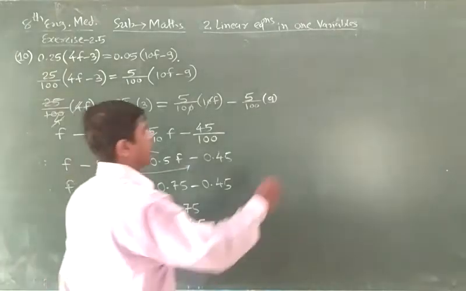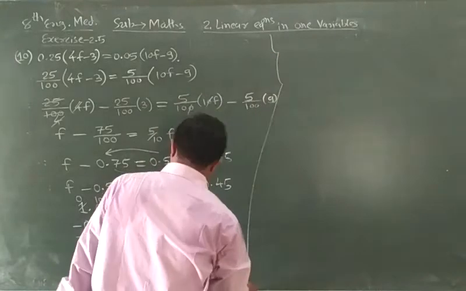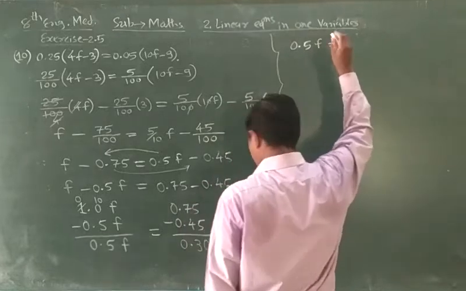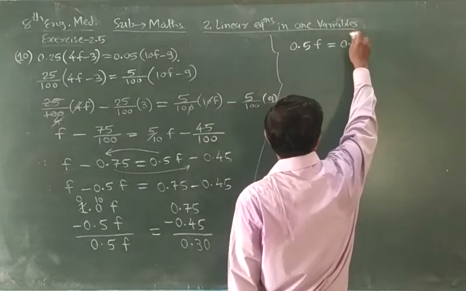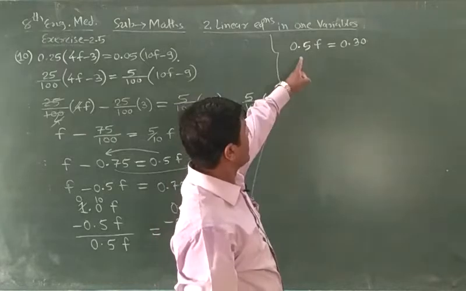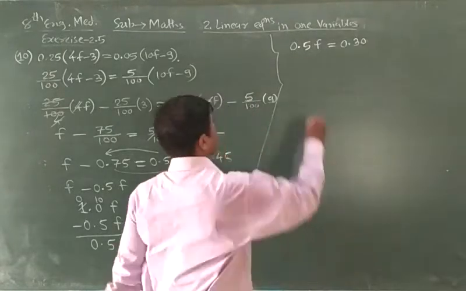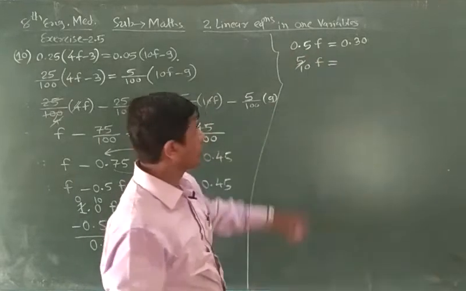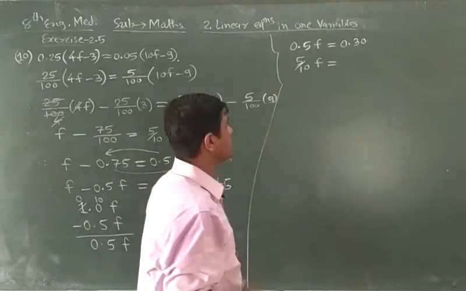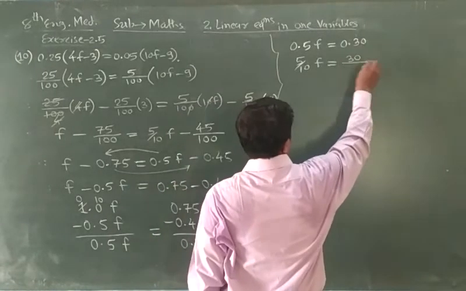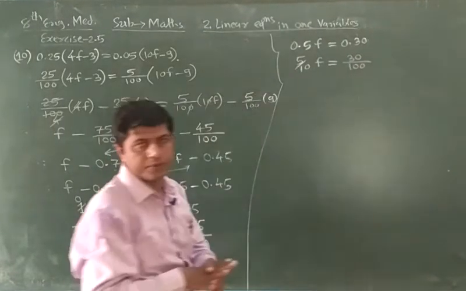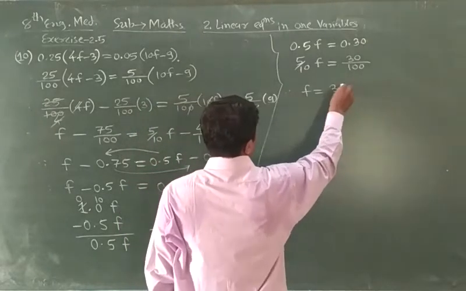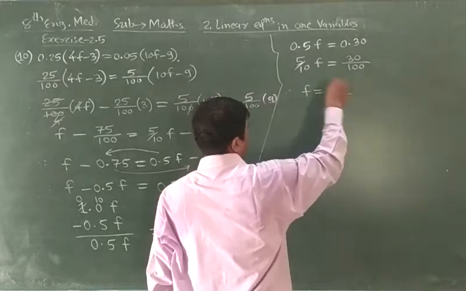Now simplify here. What is the easy way? So our term becomes 0.5f is equal to 0.30. Okay, now here remove the points. What happened? 5 by 10. Why 5 by 10? Because point after one digit. Here 30 by 100. Okay, so going this side, f is equal to 30 by 100, all the terms going this side,